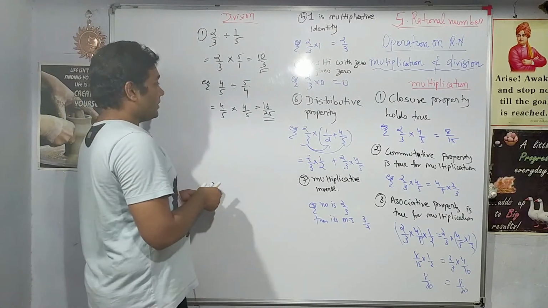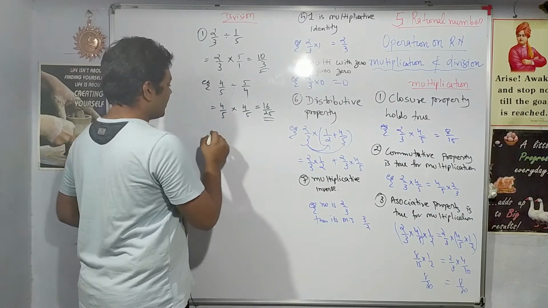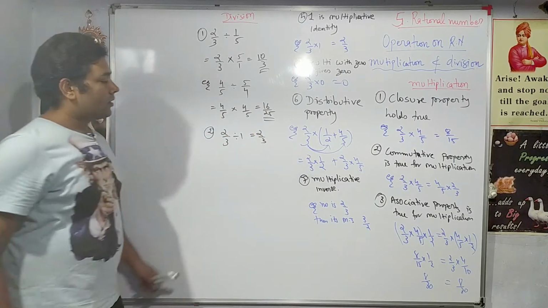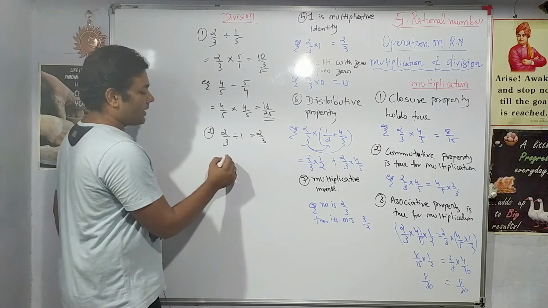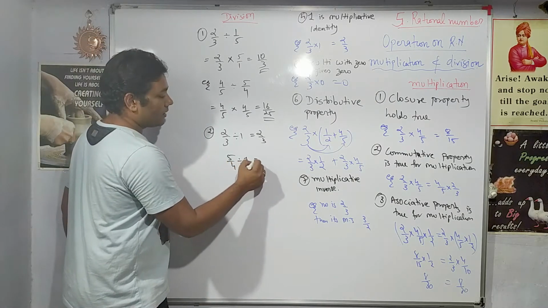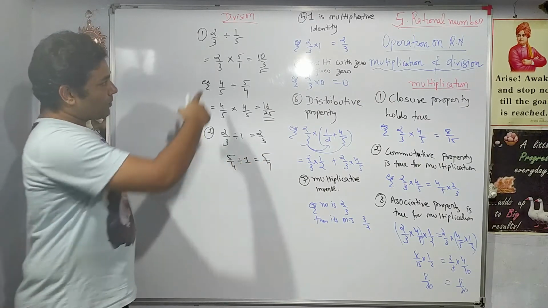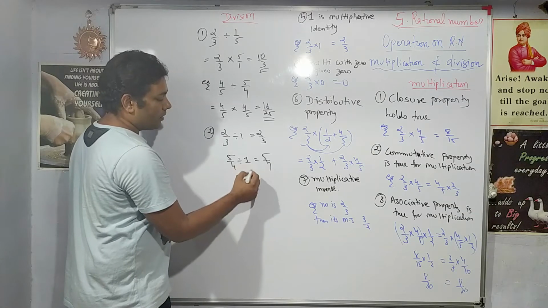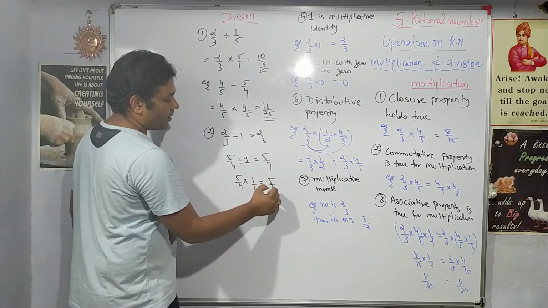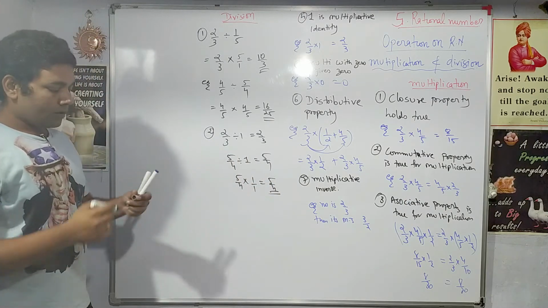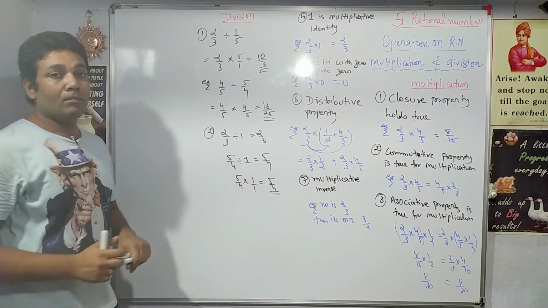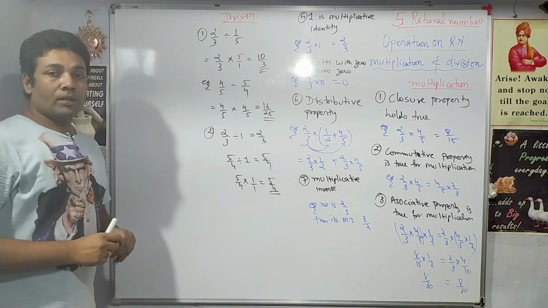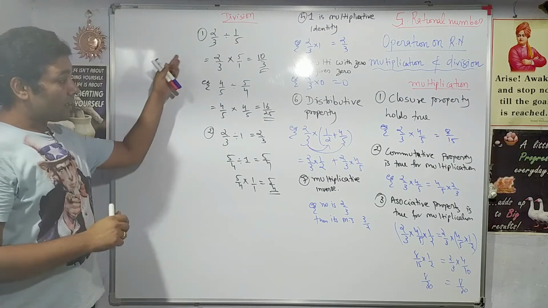Then the second property for the division is, if the number is divided by 1, the number does not change. Any number you take, if you divide it with 1, the number will remain as it is. If you apply these steps also, the answer remains the same. 5 by 4, then division 1, its inverse will also be again 1. So the answer again remains as it is. So that is what the second property says. If the number is divided by 1, the number remains as it is, right? So there are only two important properties regarding division, right?